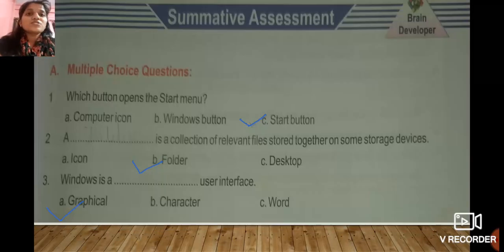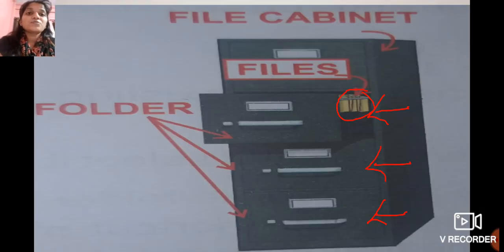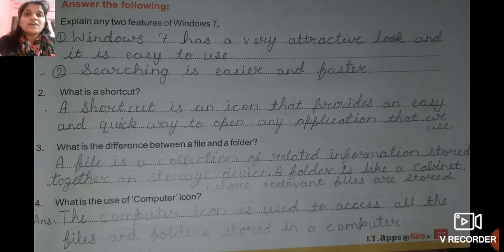Now what is the question, what is the use of computer icons? We have seen the image for computer icon, but now we have to write the use of computer icons. So the computer icon is used to access all the files and folders which are stored in a computer.